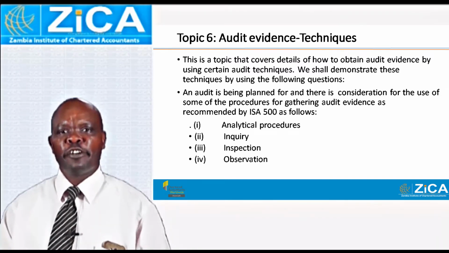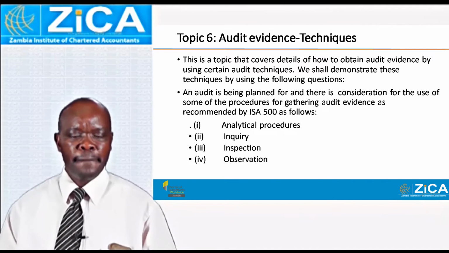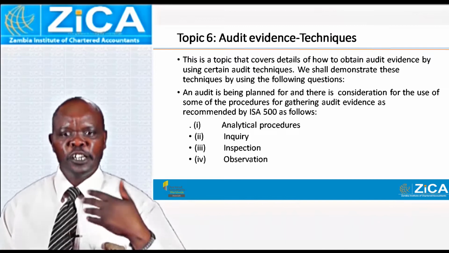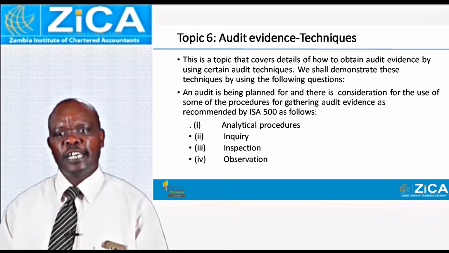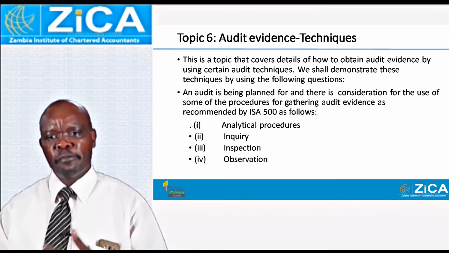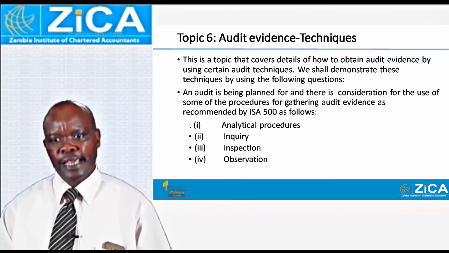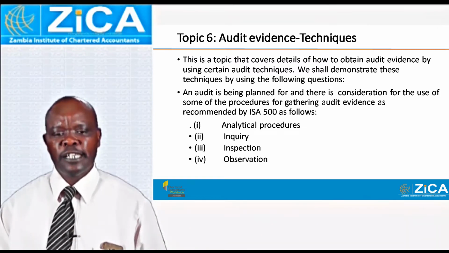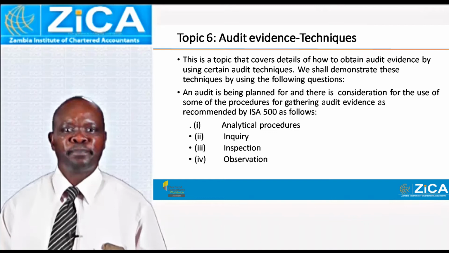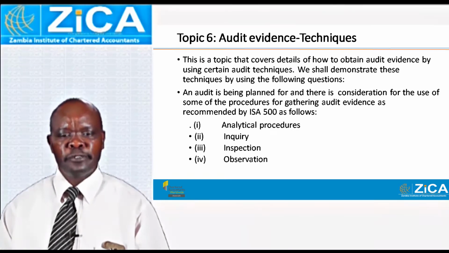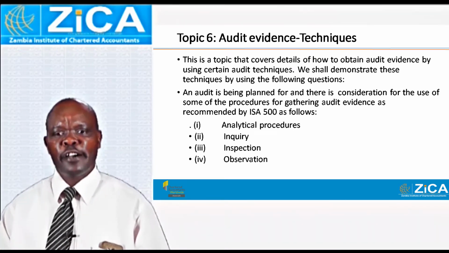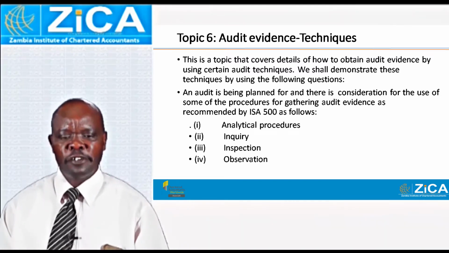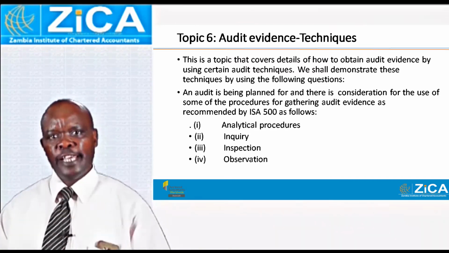So the techniques for gathering audit evidence, that's an analytical procedure. This is the one that you use in financial reporting, analyzing the financial statements, looking at the trends. So as auditors, you're also supposed to look at information movement. Like last year's, the margin was 40%. Why is it that it has gone up to 80% and so on? Then inquiries. That's another technique you can use to obtain audit evidence. An inquiry is simply a series of questions. Now, questions that you ask are those that bring out information that you need.